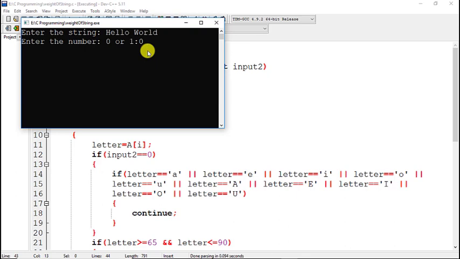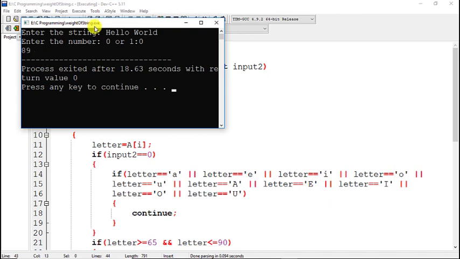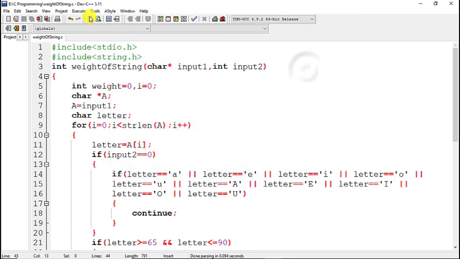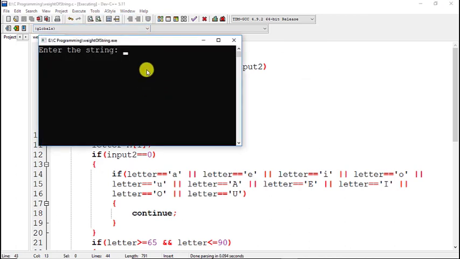Here we know that when we give the option 0, the vowels should be ignored, so it will return 89, which is given in the question. So let's check. Here we can see that it returns 89. Let's check for another input. Let's give the input hello world again, and this time we will write the option 1.